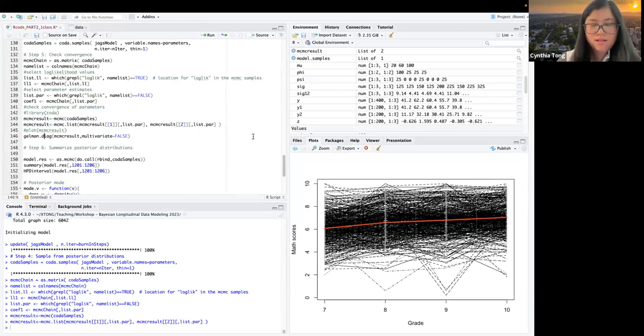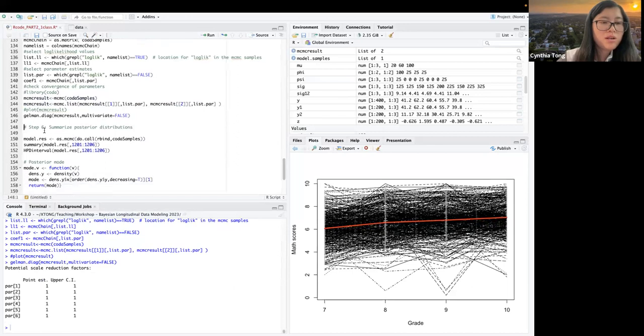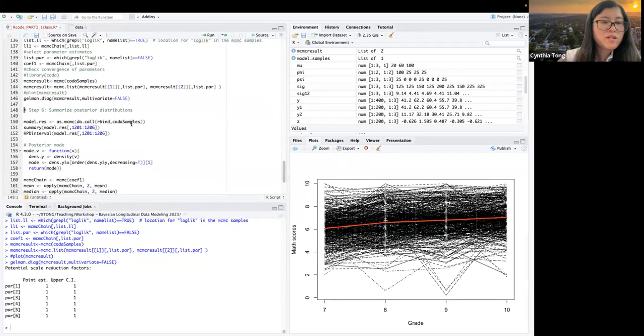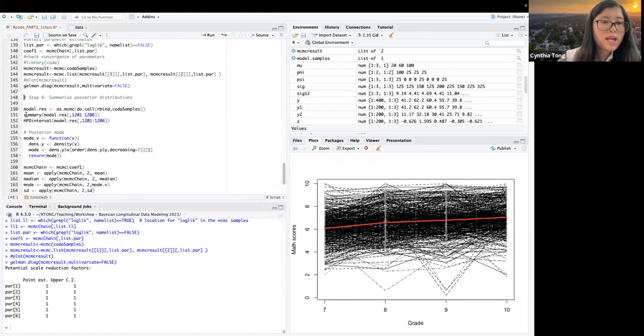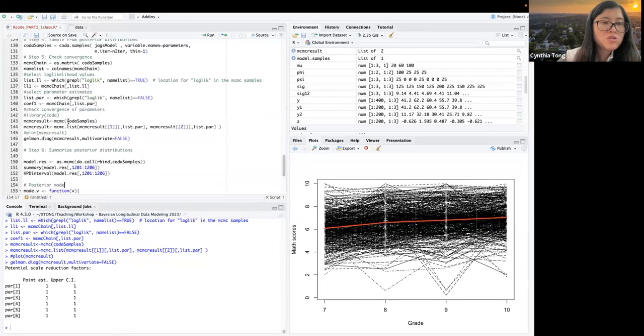Okay, and then we have the Gelman statistics for all the parameters. As we know, when the Gelman statistic is less than 1.1, you can consider the model converged. Once the model has converged, we can summarize the posterior distributions. So we can again use the summary function, but now we have to do it just for all the coefficients,